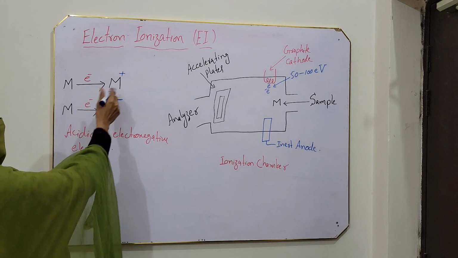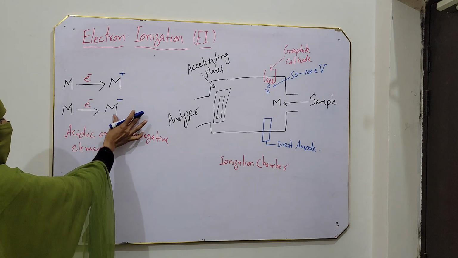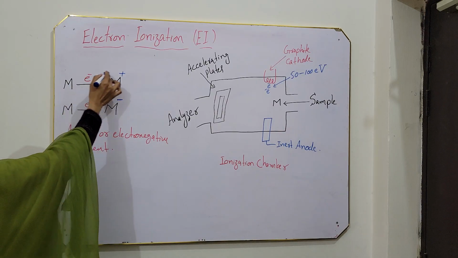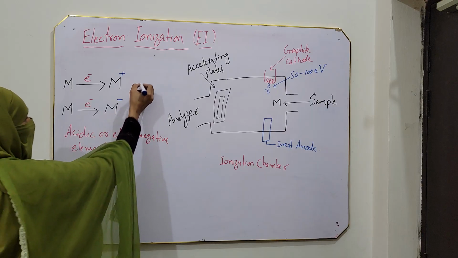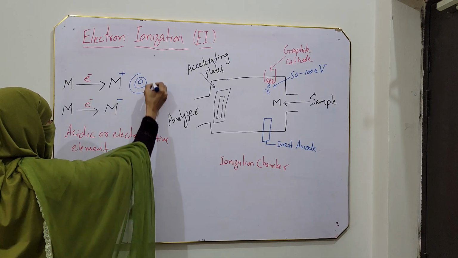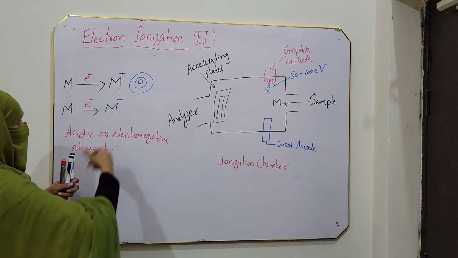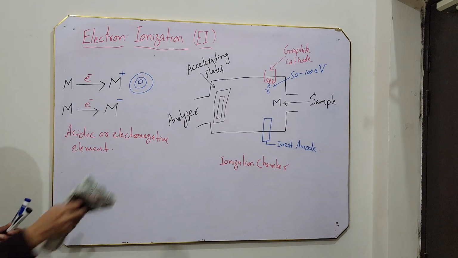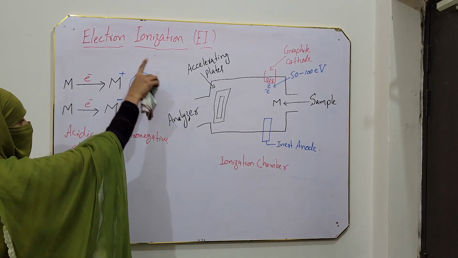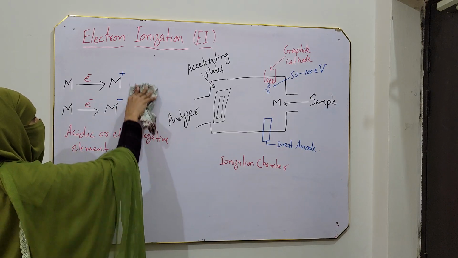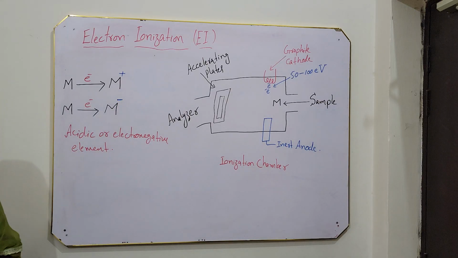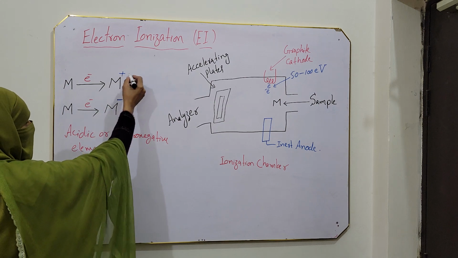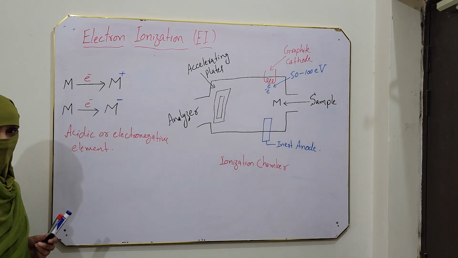Now, the sample may be ionized positively or negatively. Maybe an electron is ejected from the sample. When an electron is bombarded on the sample, this electron may eject an electron from it. So an electron may be removed. If it is an atom, then the electron is removed from its orbitals. Or if it is a molecule, then the electron is ejected from a bond. So one option is that an electron may be ejected. If an electron is ejected, a positive charge is created.